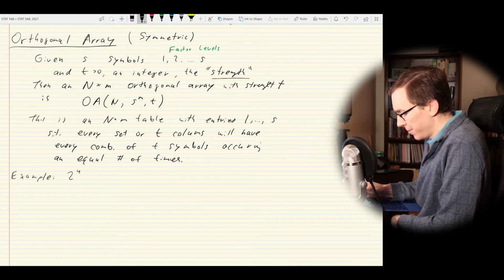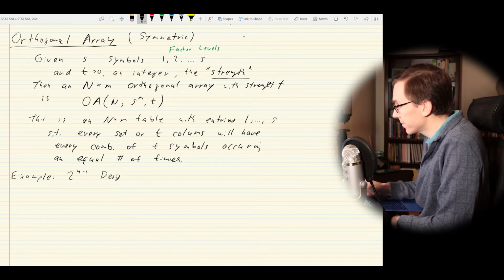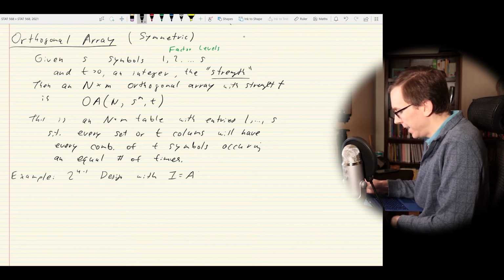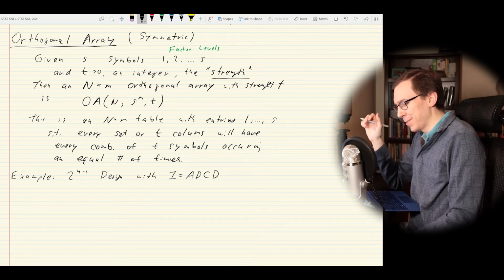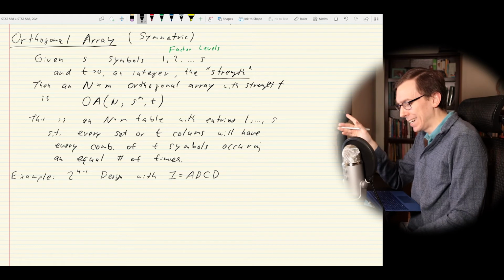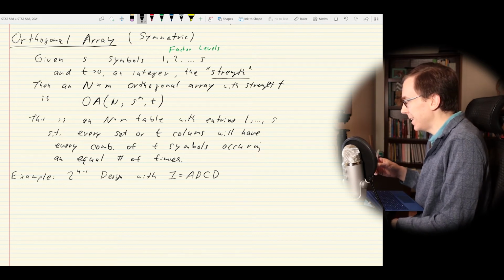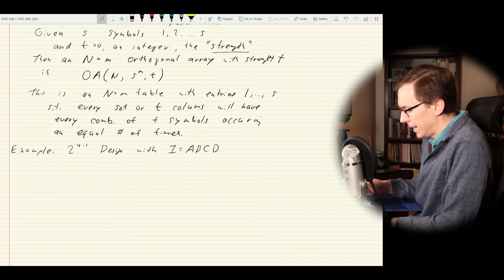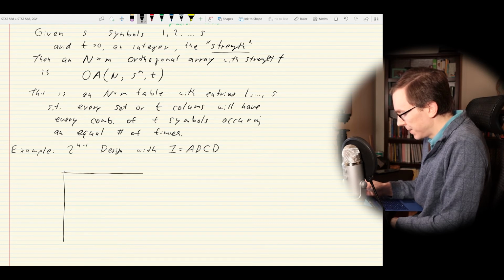is the 2^(4-1) design with I equal to ABCD. This is just a 2^(4-1) fractional factorial design with a single relation in the defining contrast subgroup. We've aliased ABCD with the identity. And the idea here is that if I were to consider this design, I would get something that looks like